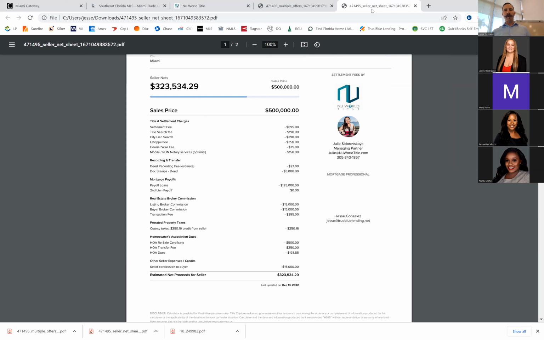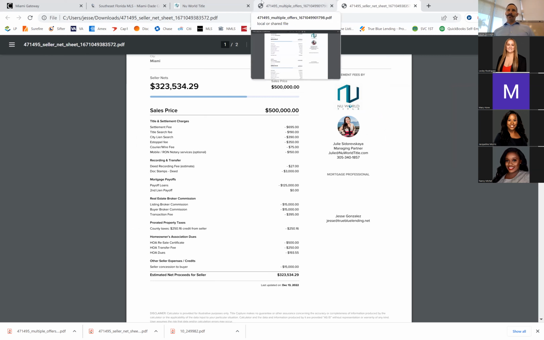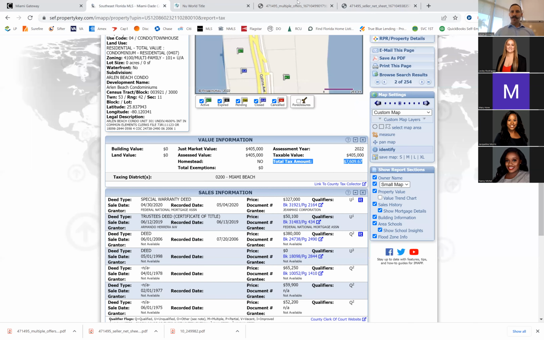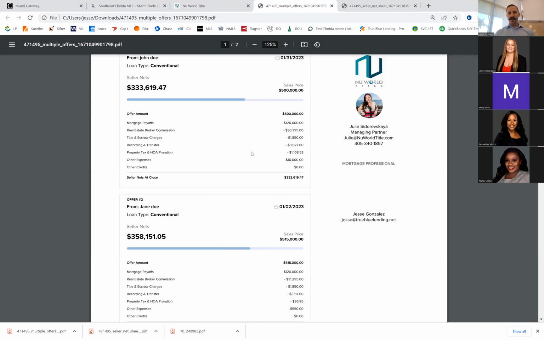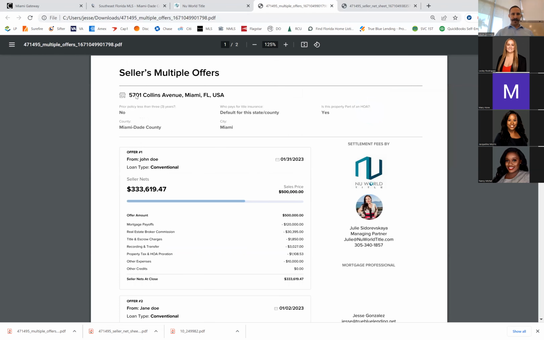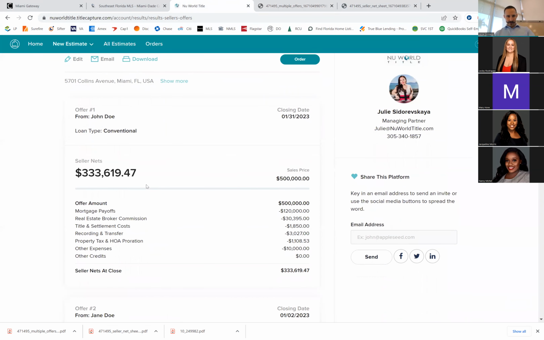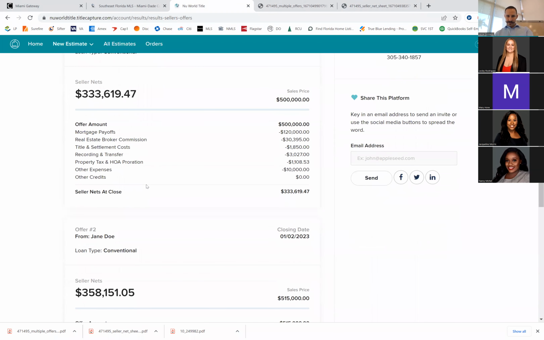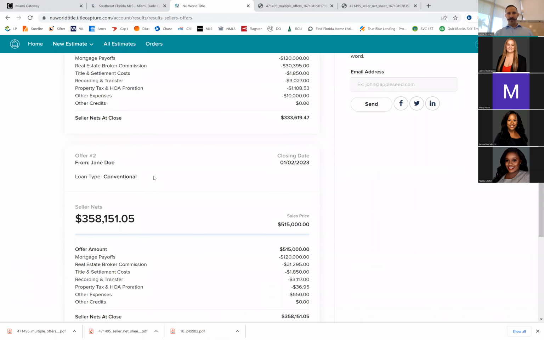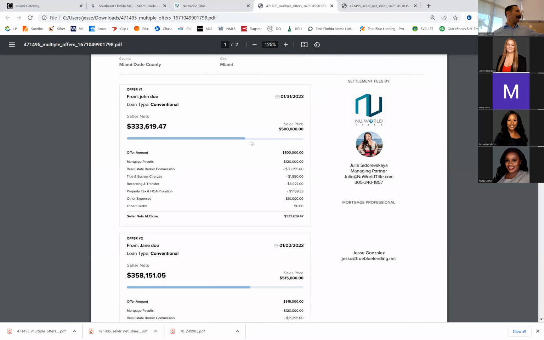Kirby's asking what the main difference is between these two offers, the seller concession fee. Well, it's a $1,000 difference for the tax issue, and there's the 10K. So the main difference is price. You've got a 500K price here, 515 here, but this guy is asking for 10K in seller concessions